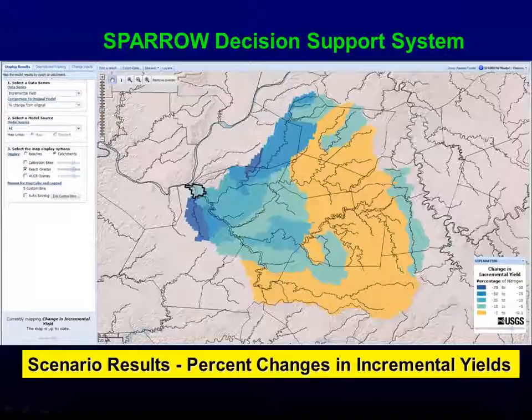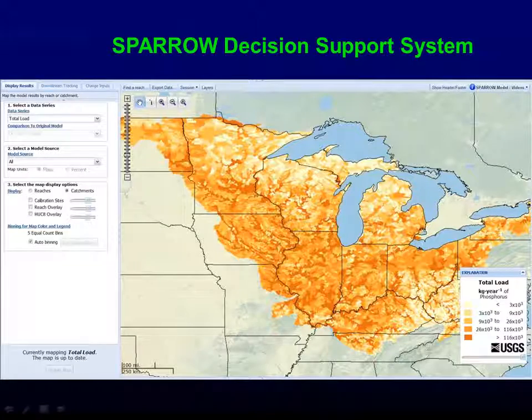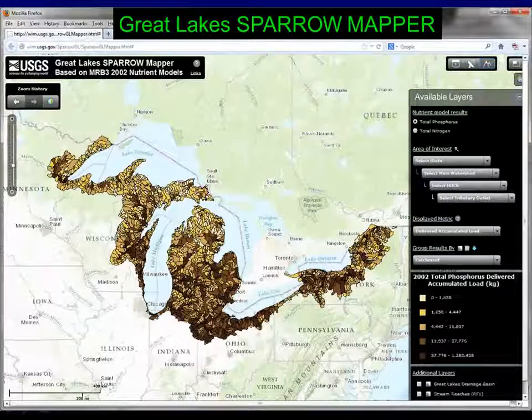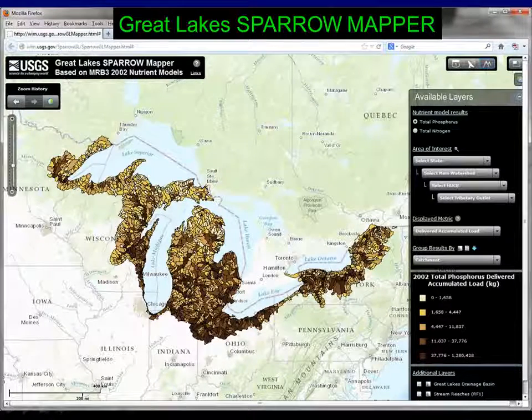If you apply it decadally, like you're doing now, 2002, 2012, you could potentially assess what has been done in the watershed to change the loads over a period of time, at least on a larger scale. And you can use it for screening how things might change relative to land use changes, in terms of ranking the future.